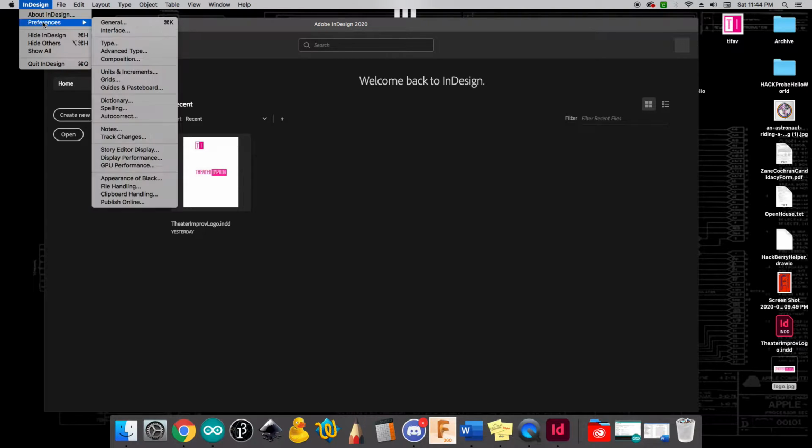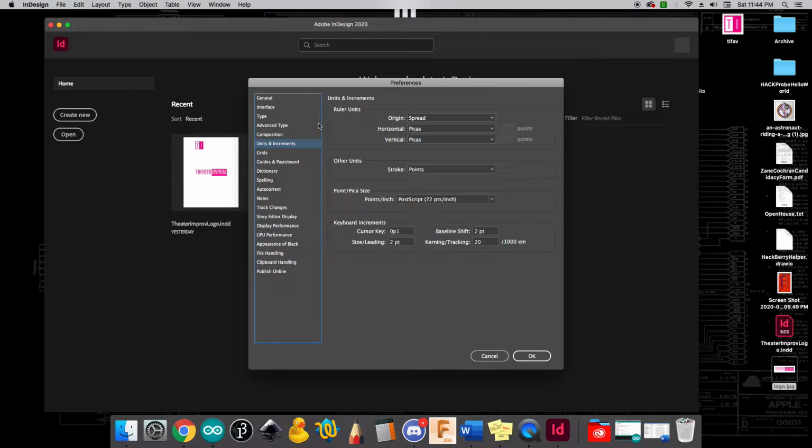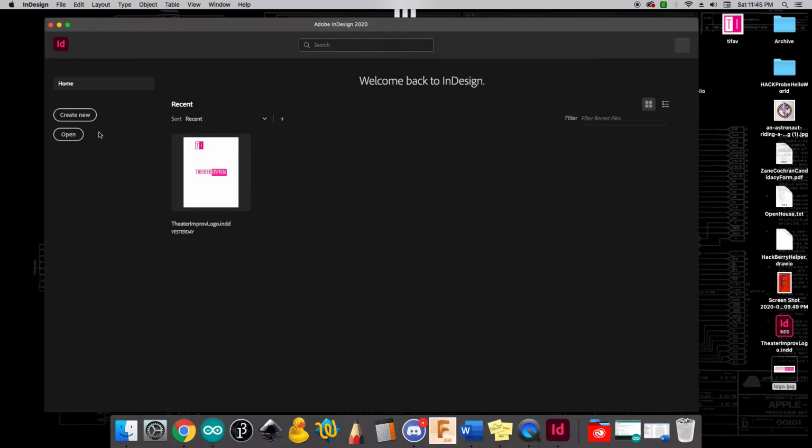And so we're going to go into the preferences of InDesign, and we want to go to Units and Increments. And you'll notice that in InDesign by default, the ruler increments are in picas. We do not want that. We want inches. And so we need to make sure that we go ahead and change that. That's going to be really important for making sure that we are working in the correct system of measurement. And so if we click OK and we go to Create New,